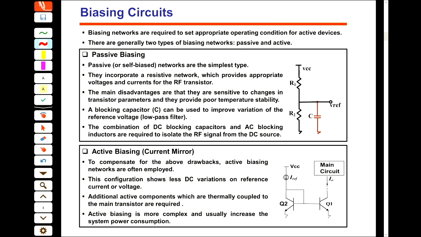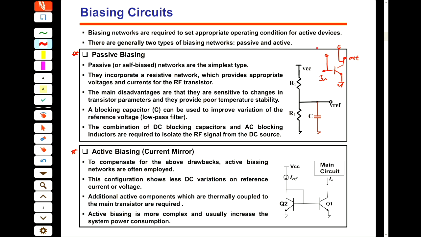So first of all, the biasing circuits. From basic analog electronics, we know that we have 2 types of biasing: the passive biasing or active biasing, which we call current mirror. Okay. So in the passive biasing, if you have a transistor like this, a BJT like this, and this is your input, this is your output,